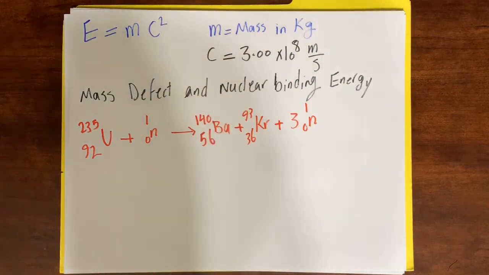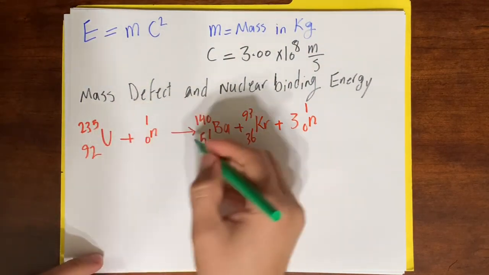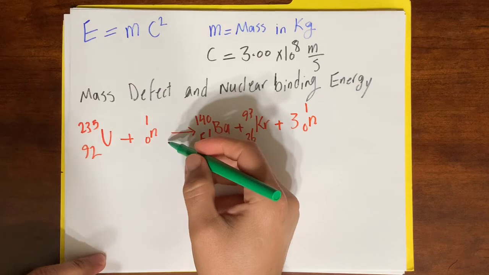Okay, if you add the masses on the left side, mass of uranium plus mass of neutron, the total mass